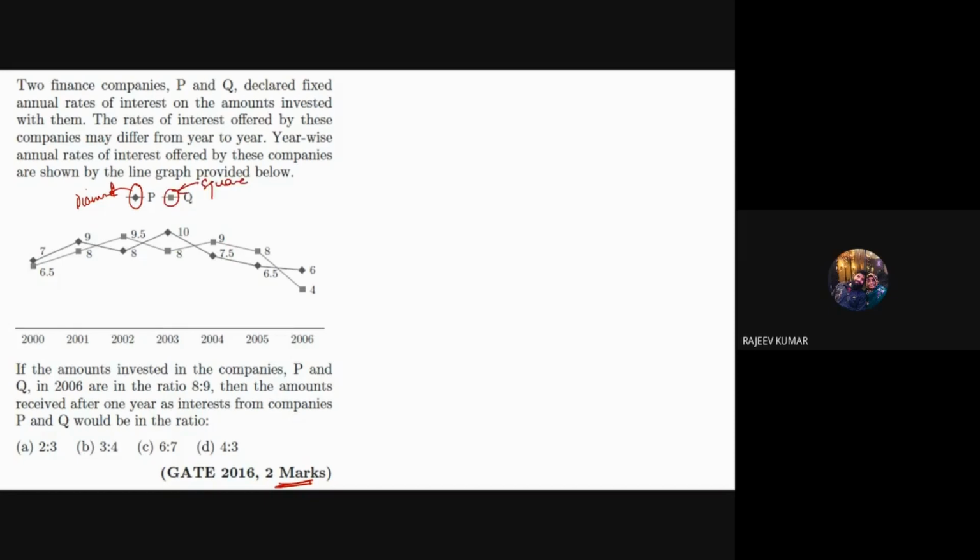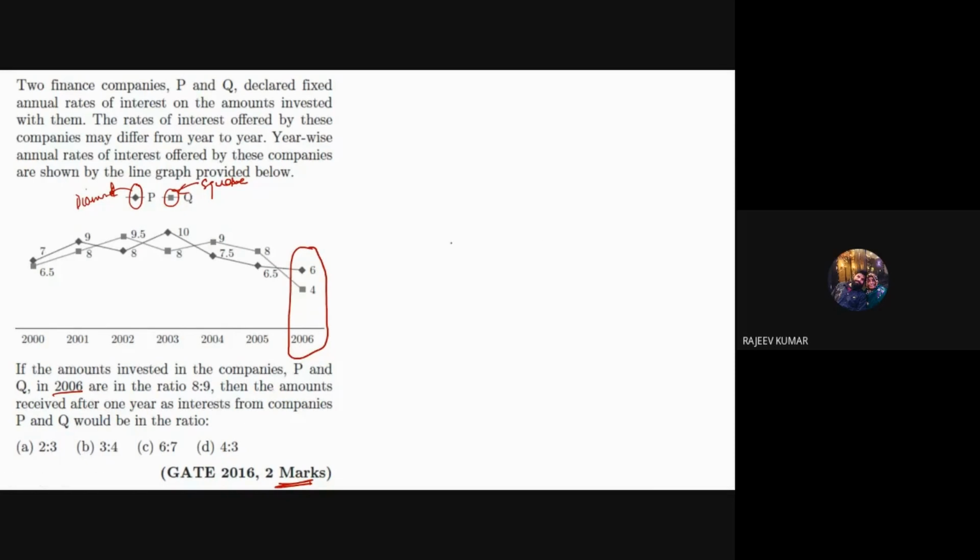right? That will be a better identity over here. Now, if the amount invested in the companies P and Q in 2006, एक particular year की बात है 2006 की, so you are going to talk about this one. The ratios are in 8:9. Then the amount received after 1 year as interest from the companies P and Q would